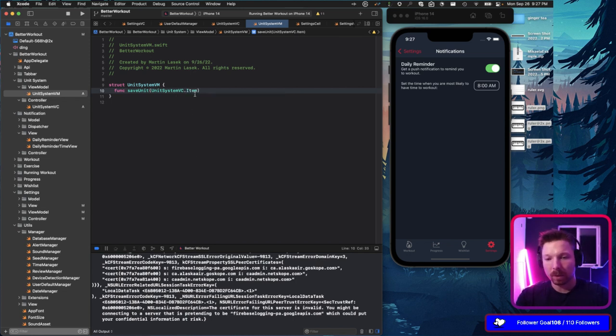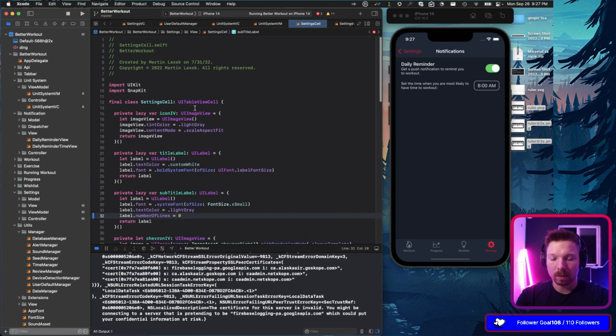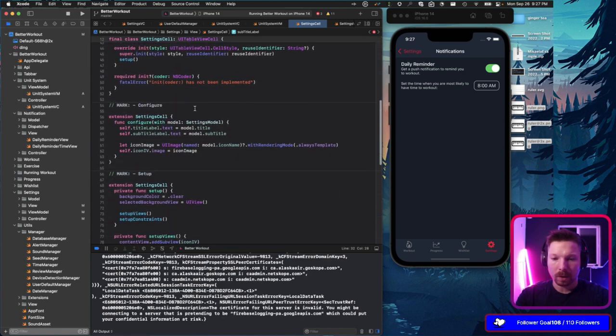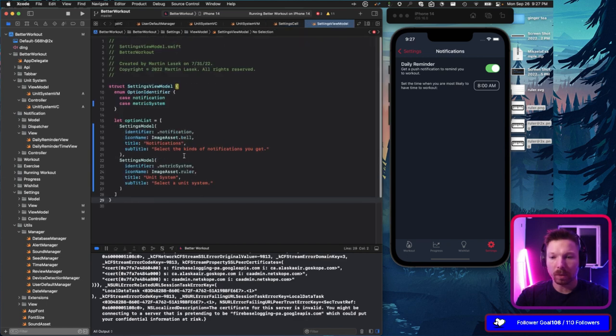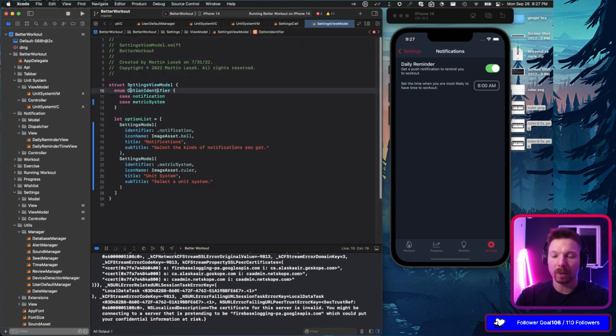Here, item is not a good name, and also the place unit system is not a good place. Where are we defining the different? Yeah, exactly. In the view model, we're having this enum as well, and I think that's a good place for the